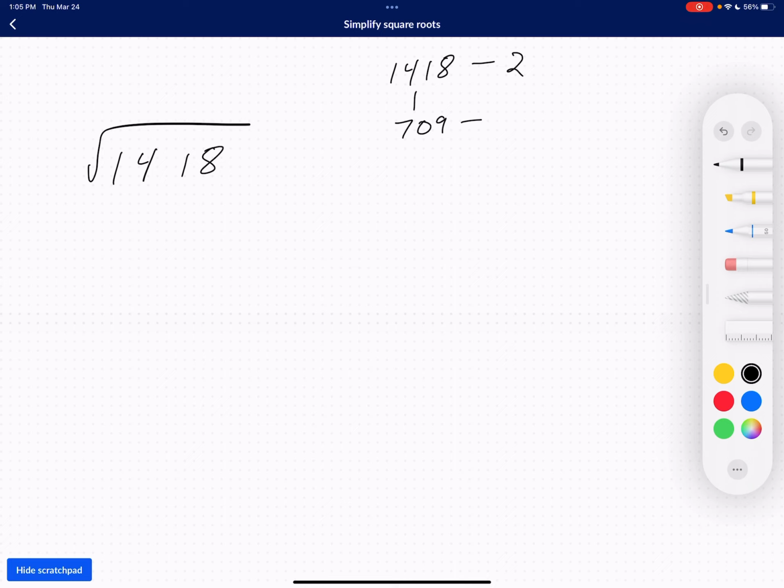What happens when we divide it by 7? This one's a little bit harder, and I don't have my calculator ready. I should have come up with a good answer originally. For all I know, 709's prime. That doesn't happen nearly as much as you might think, but let's try a different number. Let's try,